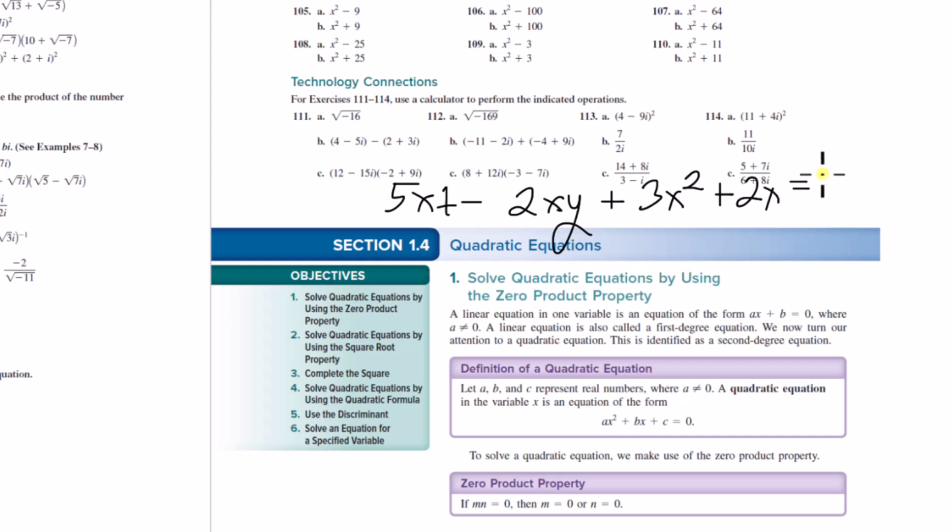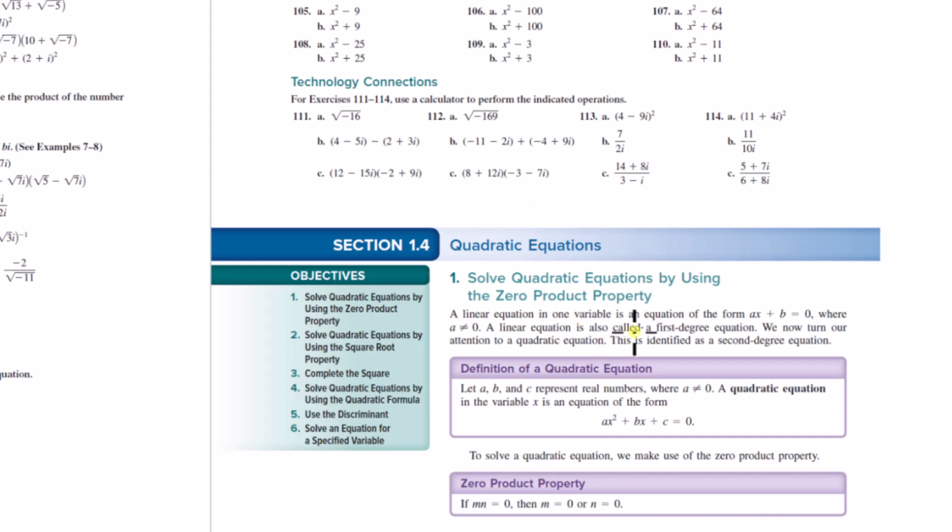This here would be a quadratic equation in 3 variables, x, y, and z. Okay? So this can get confusing, but just remember, linear equations and quadratic equations and expressions are just subsets of polynomial expressions and equations. All right, but what we're looking at specifically in this section is quadratic equations in one variable and how